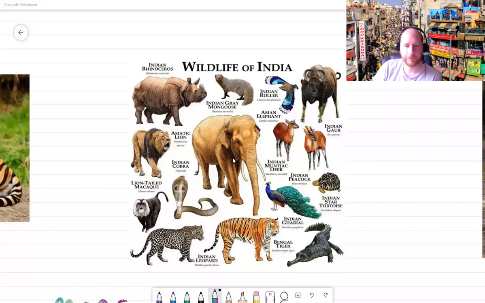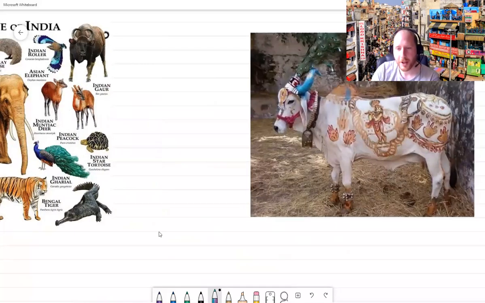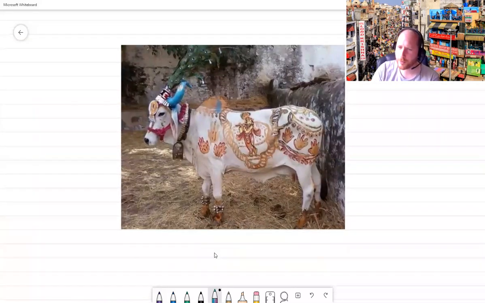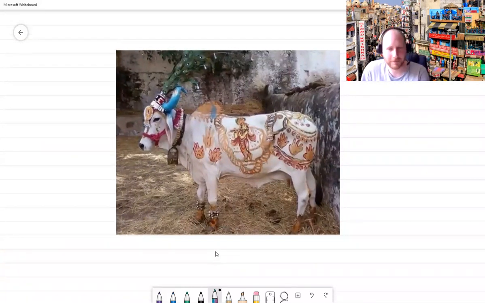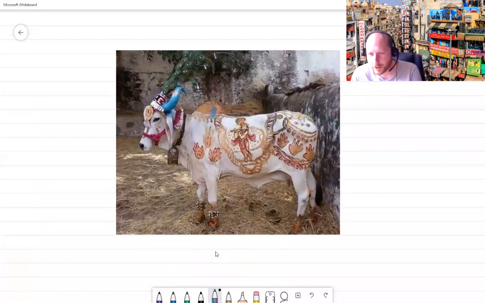So there you go. Now, let's have a look. Oh, and of course, the Danish protest pig was not the national animal of Denmark, but it is a fine animal. Yeah. Here we've got a representation of a sacred cow as well. So in India, at least amongst the Hindu population, cows are not quite sacred. People say the word sacred. It's not quite that, if you dig down into the philosophy behind it, but they are very well respected animals, and they are supposed to be looked after, and in some cases revered.